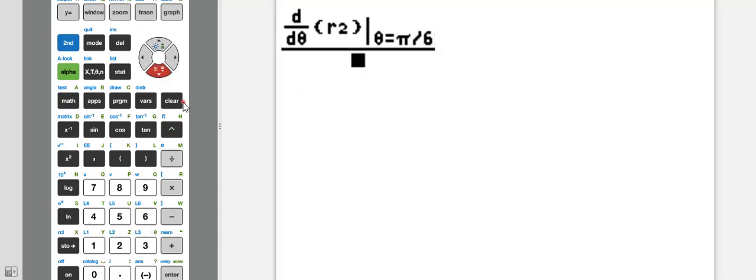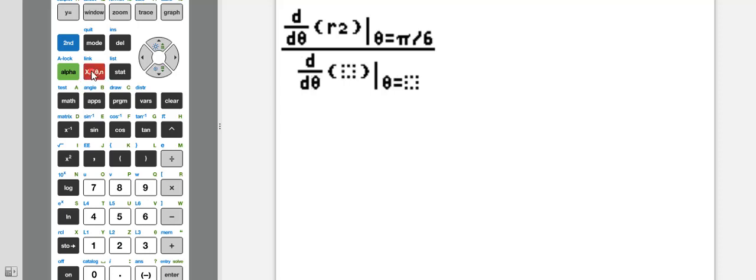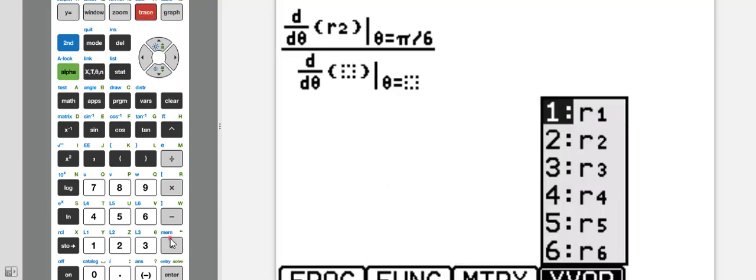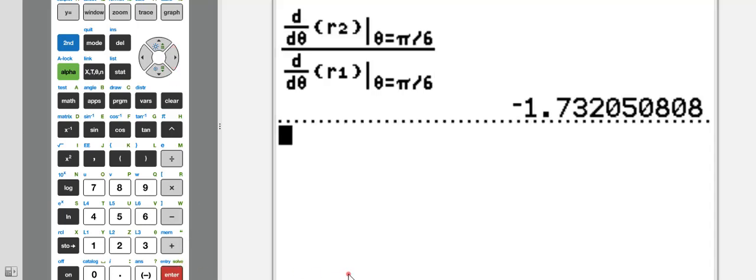And for the bottom, again, you go to math, choose derivative. Theta, and now that has to be R1 because our R1 was the x. So alpha trace, choose R1. Again, theta is pi over 6. Press enter. And we get negative